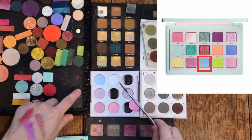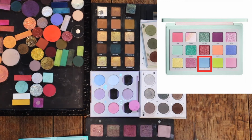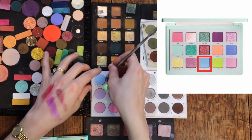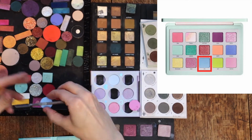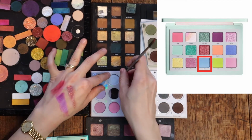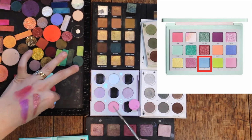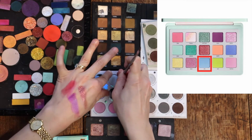I think obviously it's going to be between this blue and this blue from the In A Trance palette. I think to be more accurate to the palette, it's like somewhere in between. I should go, I guess, with this blue, but I don't know. I feel like this palette is already ending up a lot darker than I thought it would be. So it just really brings it down in dark, you know? So I think I'm going to go with the lighter one just to balance out the depth of the palette